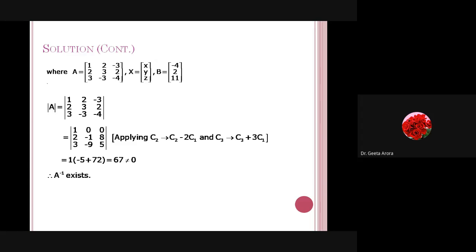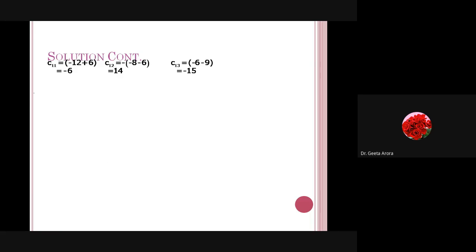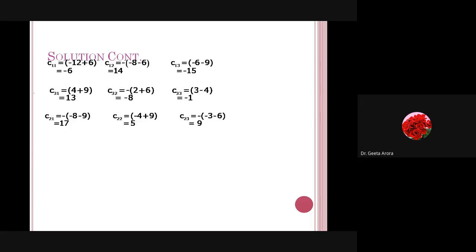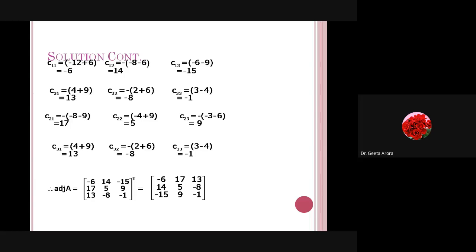So the first thing to find A inverse is to find the determinant of A, because only if the determinant of A is not 0 can we find the inverse. If it is 0, obviously either it has an infinite number of solutions or there is no solution. We can say the system is inconsistent. So here we have obtained the determinant of A, which is coming as 67. So A inverse exists, and then we have obtained the cofactors to find A inverse, because we know A inverse means